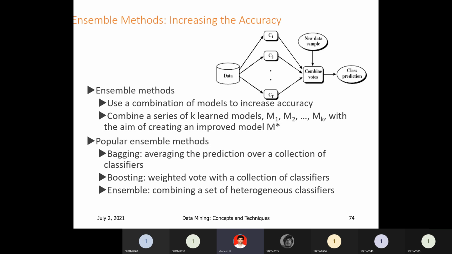On each and every data set we are applying a classification method, different classification models we are applying. Different classification techniques, and we are getting a classifier like this. This is the classifier C1, C2, C3 and so on. These are the models. Why? Because the data set D is the training data. On training data we are applying the technique, and we are getting some model. That model is nothing but a classification model. Here a number of classification models are there, C1, C2 and so on, CT.